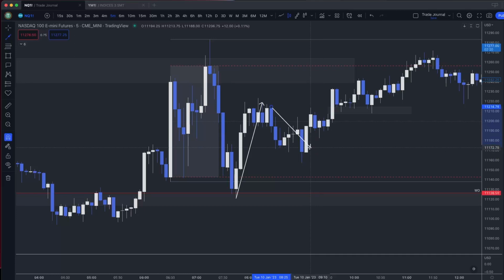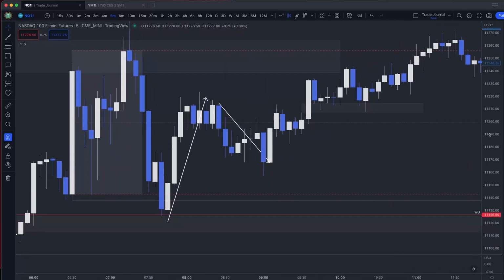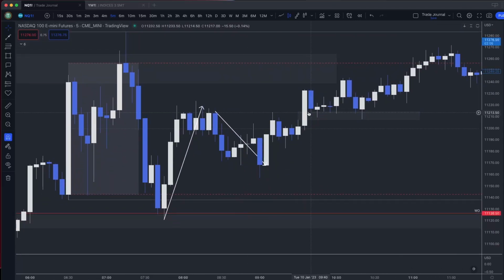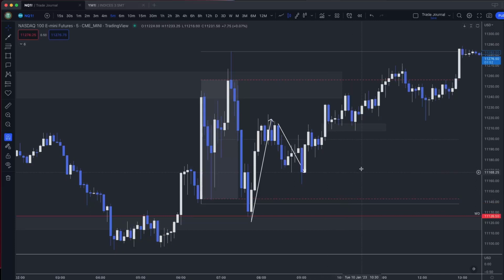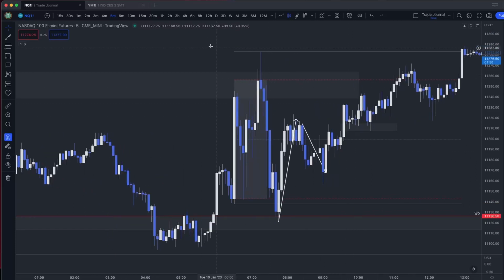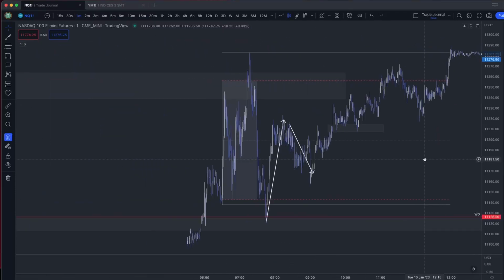So what you can do sometimes is wait for that second impulse leg, which again happens, in my opinion, right here. Why? Because this is where on this time frame, just keeping it consistent on the same time frame, this is the next bullish imbalance that gets put in, and it clears these highs, and then we can see how price respected it and made a new high. But again, to me, there's not a great trade here, just because it's not the level I wanted, and like I said, I was in conflict, and sometimes it's my level or nothing. That's how I look at it.